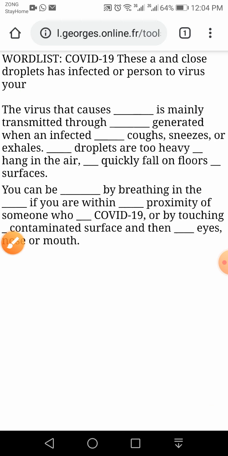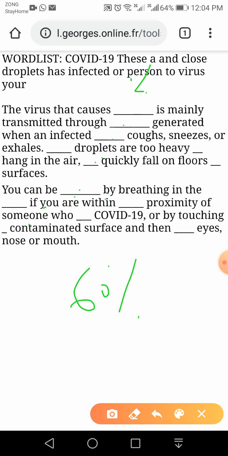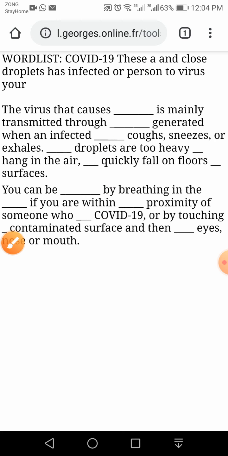Ask them to insert these words back into the blanks, and if they can insert, let's say, up to 60% of the blanks, then the whole article from which this passage has been copied can be given to the students or the readers. It will be very easy for them to go through sentence structure, word level, and vocabulary, which will be up to the level of the reader. If they can't provide 60% of the blanks and their score is below 60%, then this text is very difficult for the students.